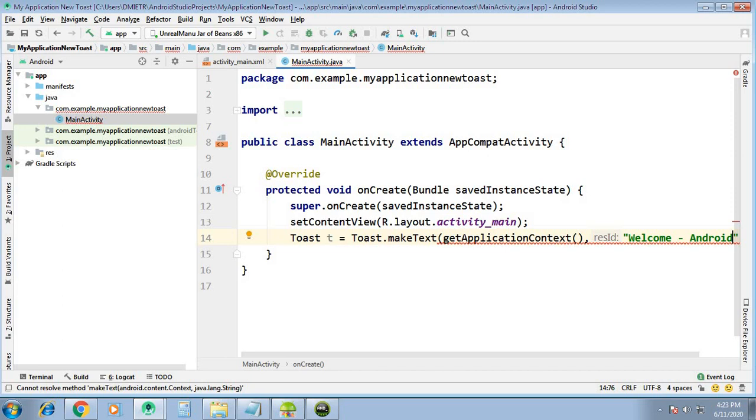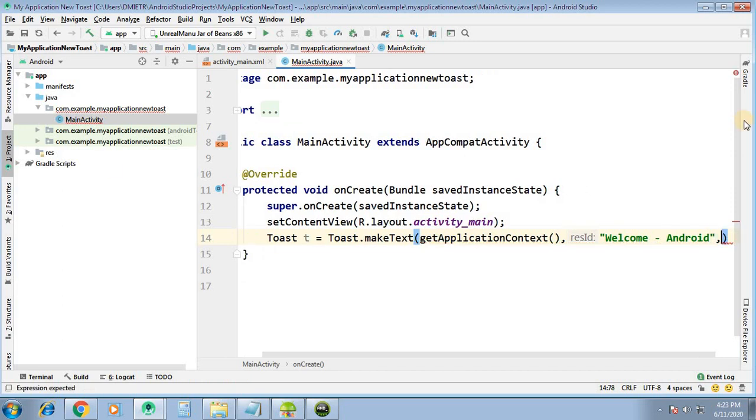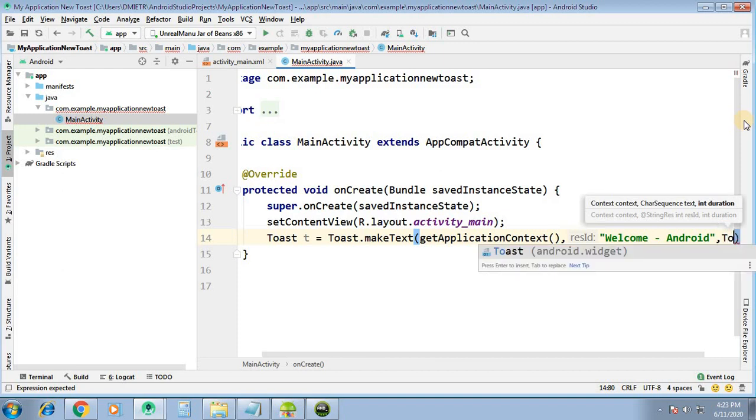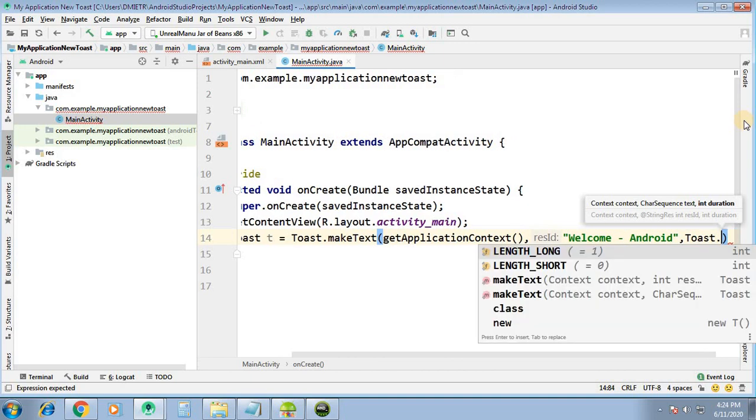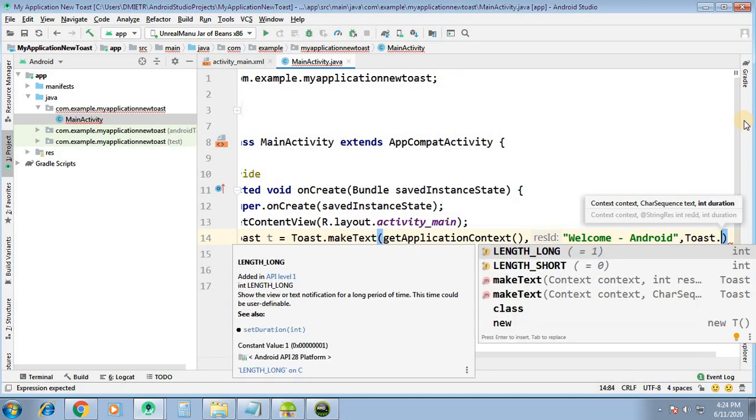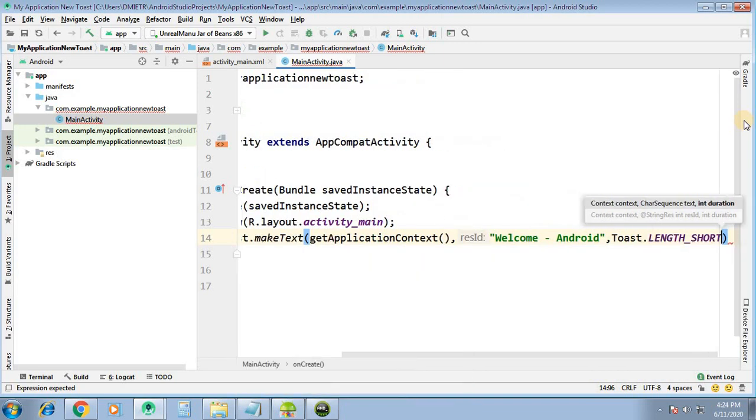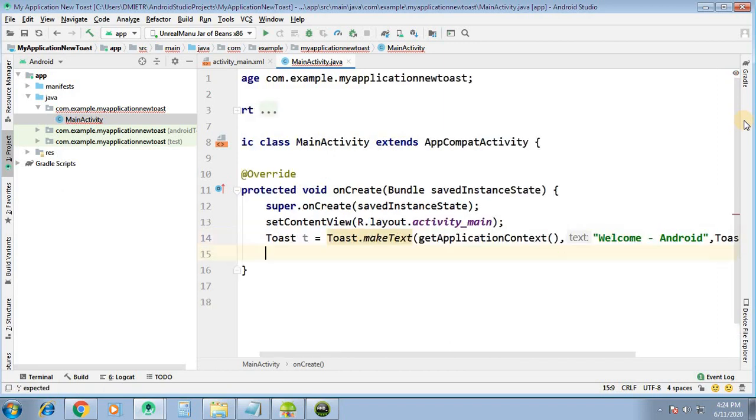This is the message. The next parameter is the length: Toast dot LENGTH_SHORT. We will set it to short initially, and the semicolon.